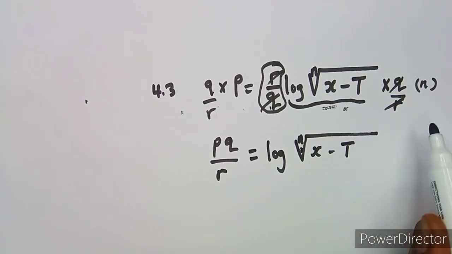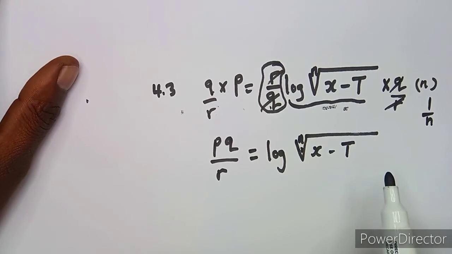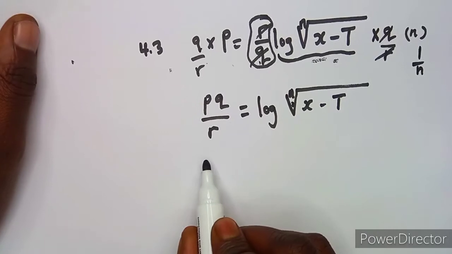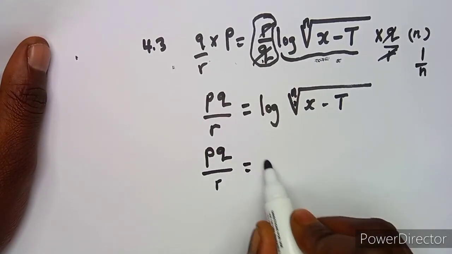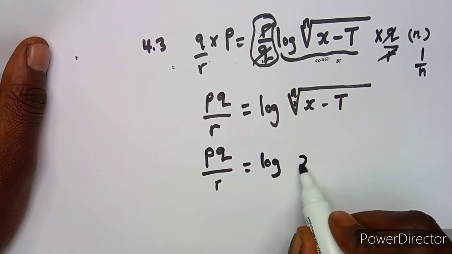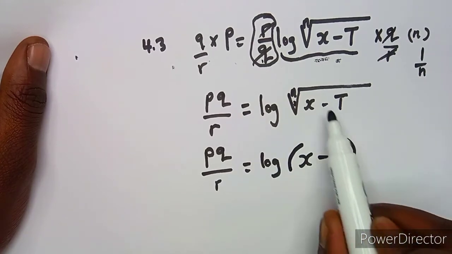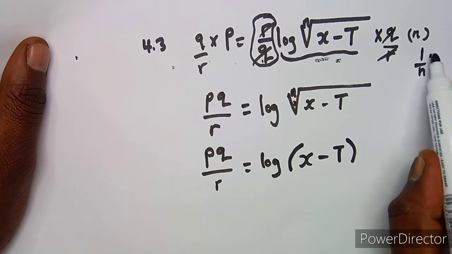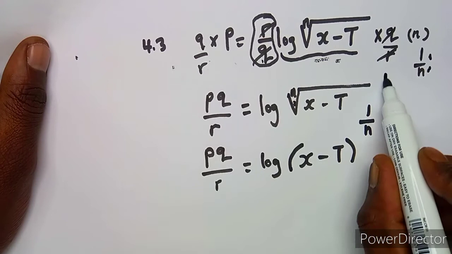The nth root means it was raised to the exponent of 1 over n. That is what we understand. All right, so that means we can rewrite this. Let me just adjust this part. So it can be written like this now. That is log x minus t like this. Then this whole thing in a bracket, because the square root is for everything. So it's going to be to the exponent of 1 over n,